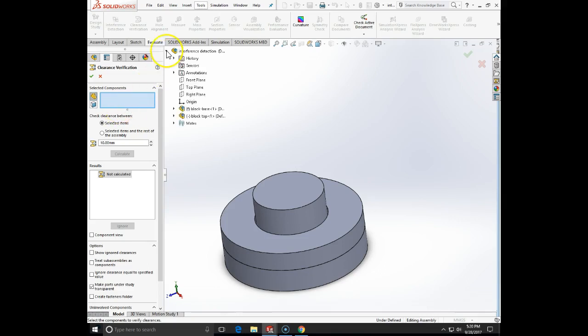If I choose components, I will choose them from my parametric tree, and the rest of the assembly, and I can see here the minimum acceptable clearance. Let's see what it will do. If I click on Calculate,